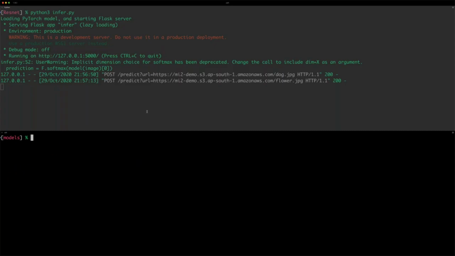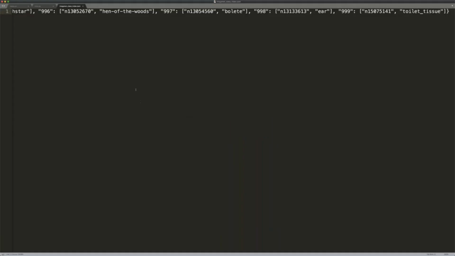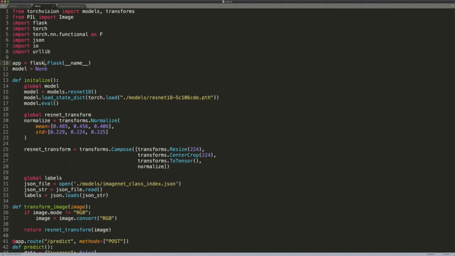So that's the model, and basically I want to take this infer.py, whatever is running in my localhost with Flask. I'm going to turn this into a Lambda function. That is pretty straightforward, and it's a no-brainer. But what is challenging is, where do we get this model from? We don't want to download it every time from the PyTorch hub or an S3 bucket. So that's where EFS comes in pretty handy. So we're going to take the route of an EC2 instance, and I'm going to simply SCP my pre-trained model, the labels, and even the program.